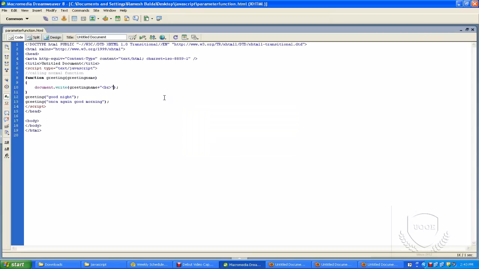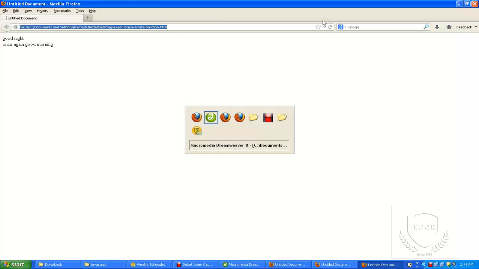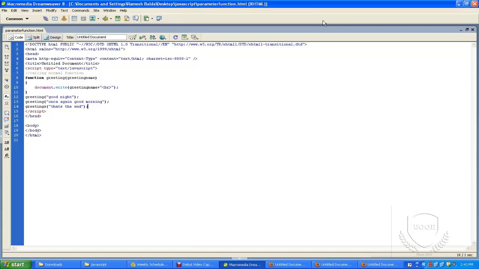Here we can see that if I want to pass another variable to the same function, sorry, the name is different.